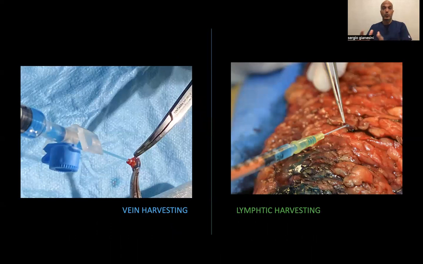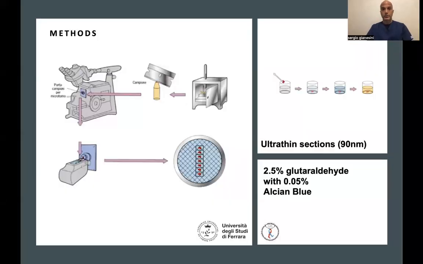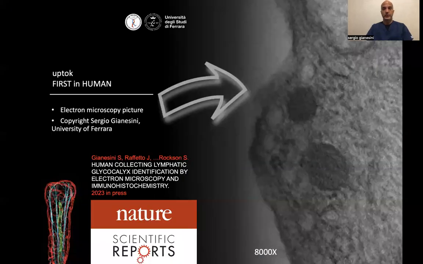For this reason, I would like to congratulate the University of Ferrara Biolab, who has been able to use the sample we provided from ex vivo. So we are talking about the lower limb of human beings ex vivo, sent to the lab and fixed for electron microscopy analysis. So congratulations to Professor Raimondi for having identified a proper fixation way that allowed us today to present to you what, up to our knowledge, is the first in a human electron microscopy picture of the Glycocalyx